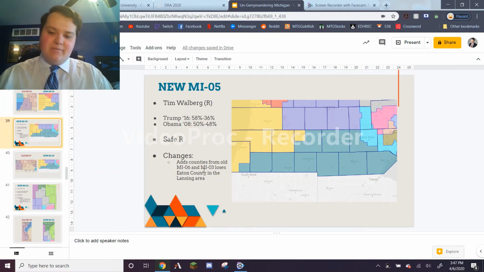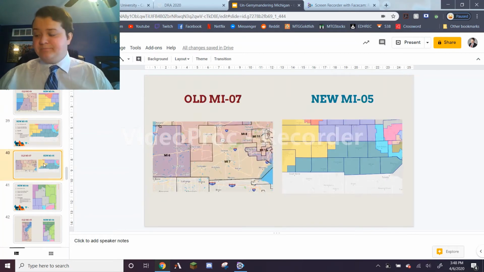The change from the current 7th district is that it goes a little bit further to the west here to incorporate some of these southern strip counties, and it loses Eaton County, which is part of the Lansing Metro and is really part of the gerrymandering effort that tied up and split up the Lansing area in the current map. We just get rid of that, make these part of the central and southern parts of the state of Michigan, all the way down to Monroe County here. It makes a lot more sense geographically, culturally, everything, and politically too.